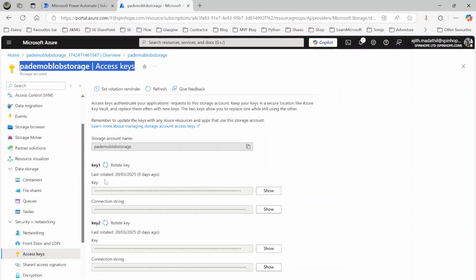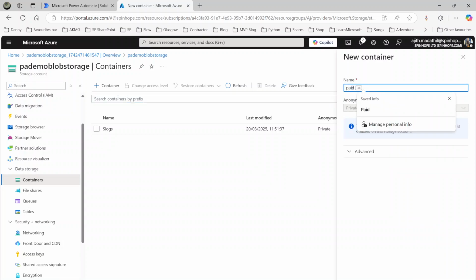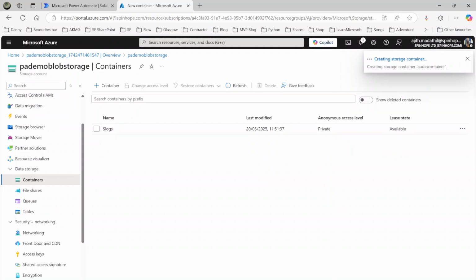Okay, before that we need to go to the container, because there are a few things the Azure blob storage offers. So we are going to use the container here. Then click on add container, give a name again. So I'm going to give it here PA demo blob storage. Okay, just look for audio container then. This is the audio demo. So audio container. Okay, and click create. Okay, that's done. Select that